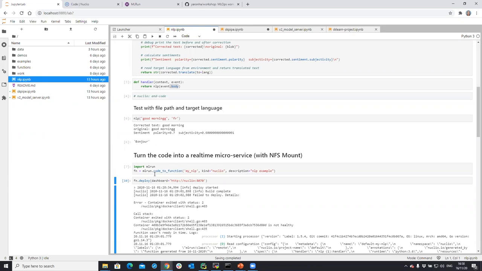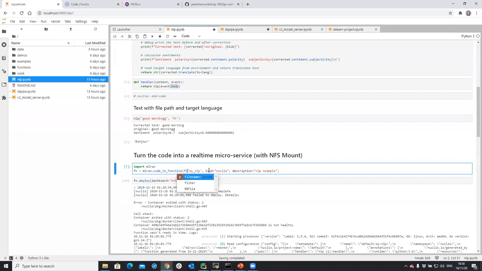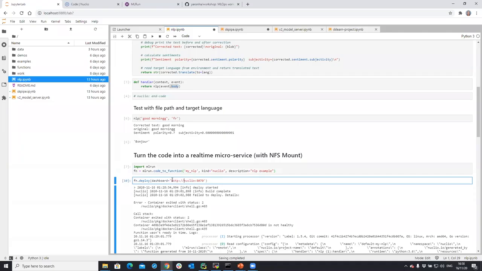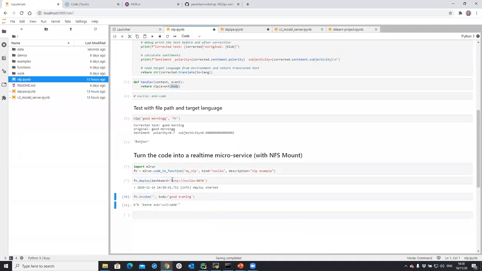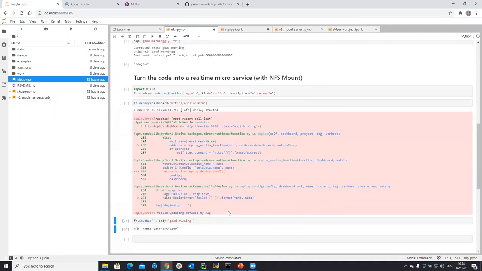Now, let's assume that I want to make this function something that runs in production. So the only thing I need to do is tell it, take this notebook and make it production. I didn't tell it notebook, so there's a parameter here called file name. If you keep it blank, it knows it's the notebook. You can give it a file name of a different notebook or a Python file. It will pick it up as well. So I just created this function object, and then I'm just going to